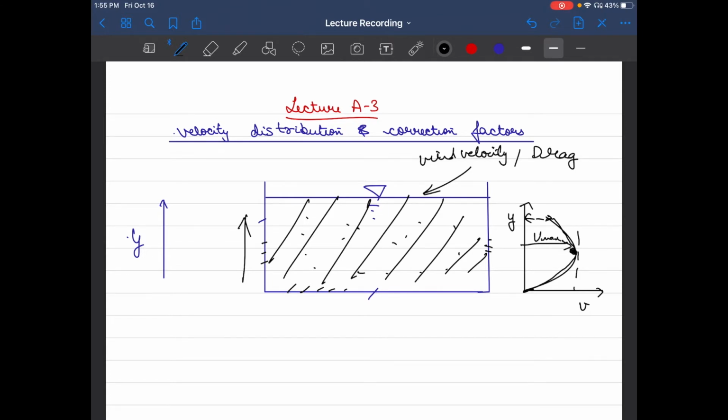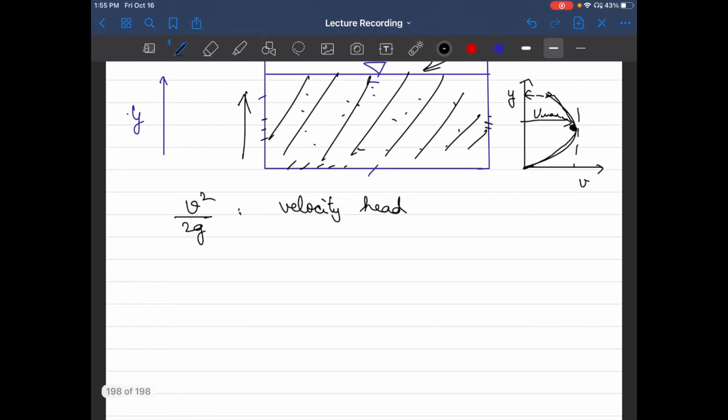Now when we look into this variation in velocity, if we calculate certain properties across the cross section, for example, in Bernoulli's equation, we typically use the term called velocity head. And this velocity head is square of velocity divided by 2g. Now that velocity is varying throughout the cross section, and we are not dealing with one dimensional flow anymore, because we would be dealing with cross sections which may have few hundred meters to few kilometers of flow. The important question arises, which velocity should we use?